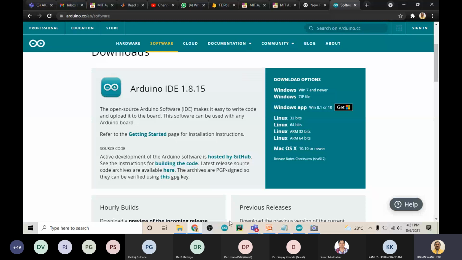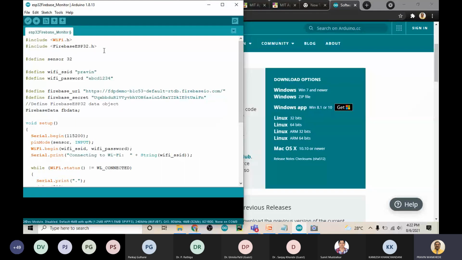This is the Arduino. Now, a few things that we need to work with the Firebase. As I have said, the Firebase works with an API base, which means it works with an SDK base. It means that there is an SDK needed on your device which is sending the data to your Firebase. In the same way, in the MIT App Inventor, we used the Firebase database experimental palette, correct?